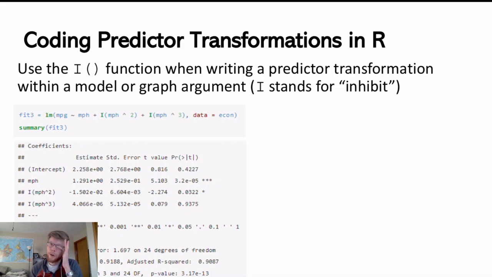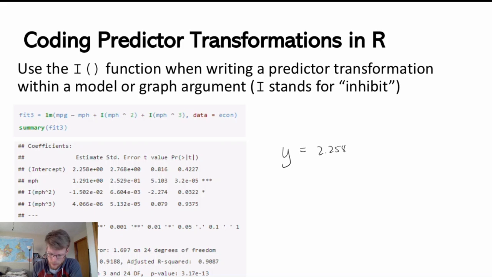If we create this model and run a summary, you'll see that we have our intercept term, the first order term, just MPH by itself, as well as the second order and third order terms. And these are going to be our beta estimates for those terms. So if I were to write out this fitted equation, based on these being our best estimates for these parameters, then I have y equals